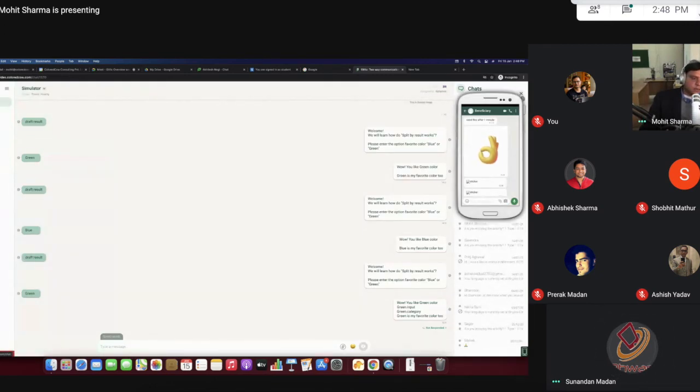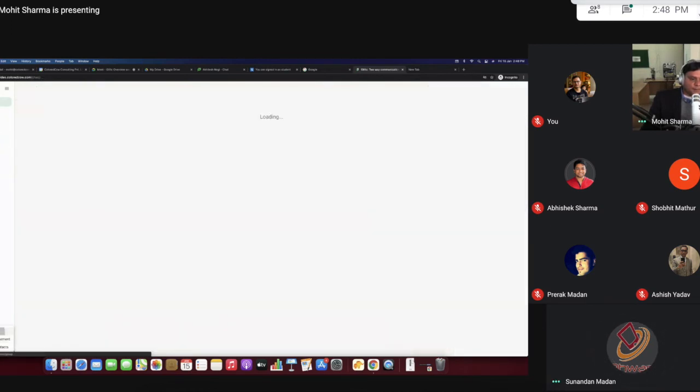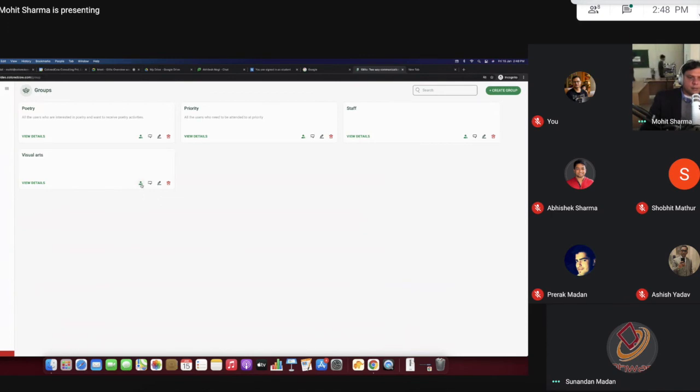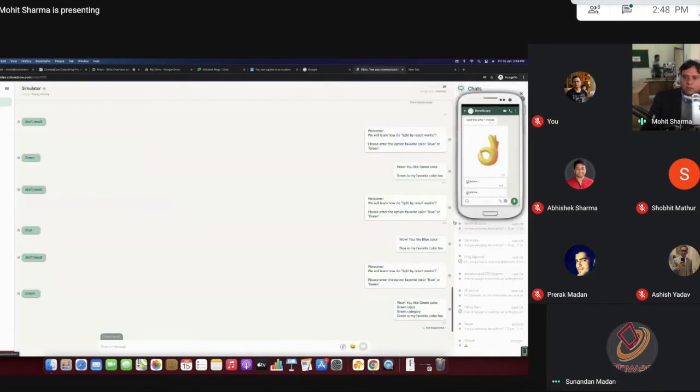You can go to groups and send a message to all the members in the group. All people in the group will get the designated message which you have stored. It need not be an HSM message. Everybody will come here in the chat window.